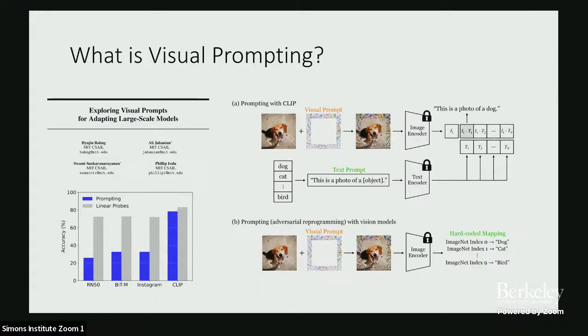What's more interesting is that they also show this thing is doable for CLIP, which is the state-of-the-art text image joint encoder model. So they can reprogram by adding some visual prompt, but you can now ask the model to say this is a photo of something, and with these simple prompting ideas, you will get a very high accuracy for those CLIP models.